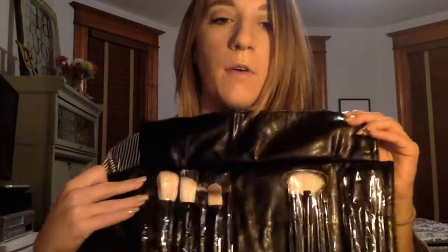So the first thing I wanted to show you was these brushes. Obviously you can see all my middle brushes are out, and I can show you those another time, but those are my eyeshadow brushes, and I really, really like them. These brushes are really great. I haven't gotten a chance to use all of them just yet, but this set